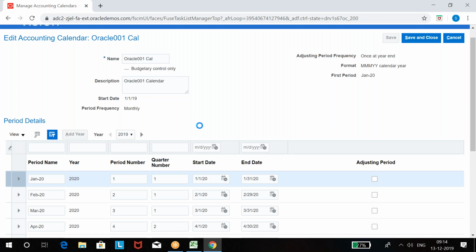See, sometimes the client says add 10-15 years in the beginning itself, and we add. Sometimes the client says no boss, add this year only. Next year when we enter, at that time you can add a new year. Then you create only one year, the present year. Next year when they enter the new year, then we add the next year. Maybe in the last week of December. Let's say January 1st is the first day of the year. So in the last week of December we add the new year, so that once they close December, they can move to January. Got it? Save and close.